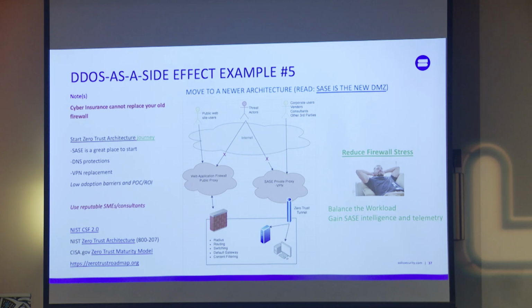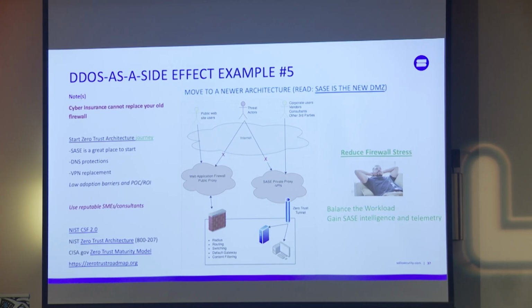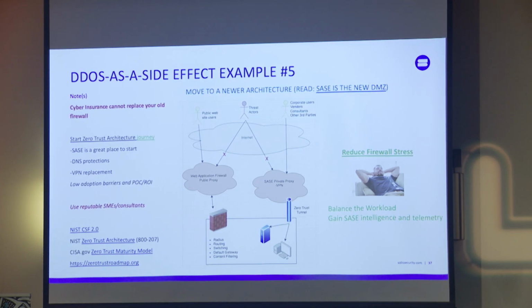And replacing a firewall is not the fun task ever, right? I mean, it takes time, planning. So I'm a big fan of these proxies. Use your web application firewall. That's a reverse proxy. And then use a secure access edge, and that's a reverse proxy. But you take the things the firewall was doing, like the VPN, and you move it into your SASE environment, reducing the stress on the firewall. So now your firewall is only doing these internal things it really needs to be doing. And it's not doing the extra things that might knock it offline.